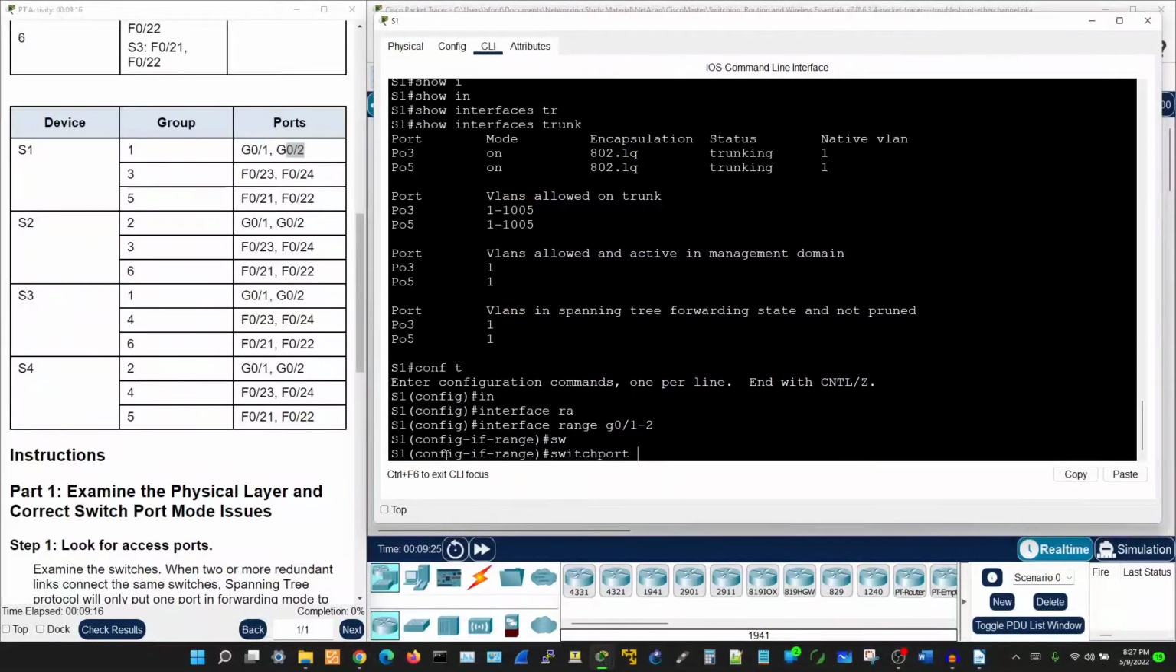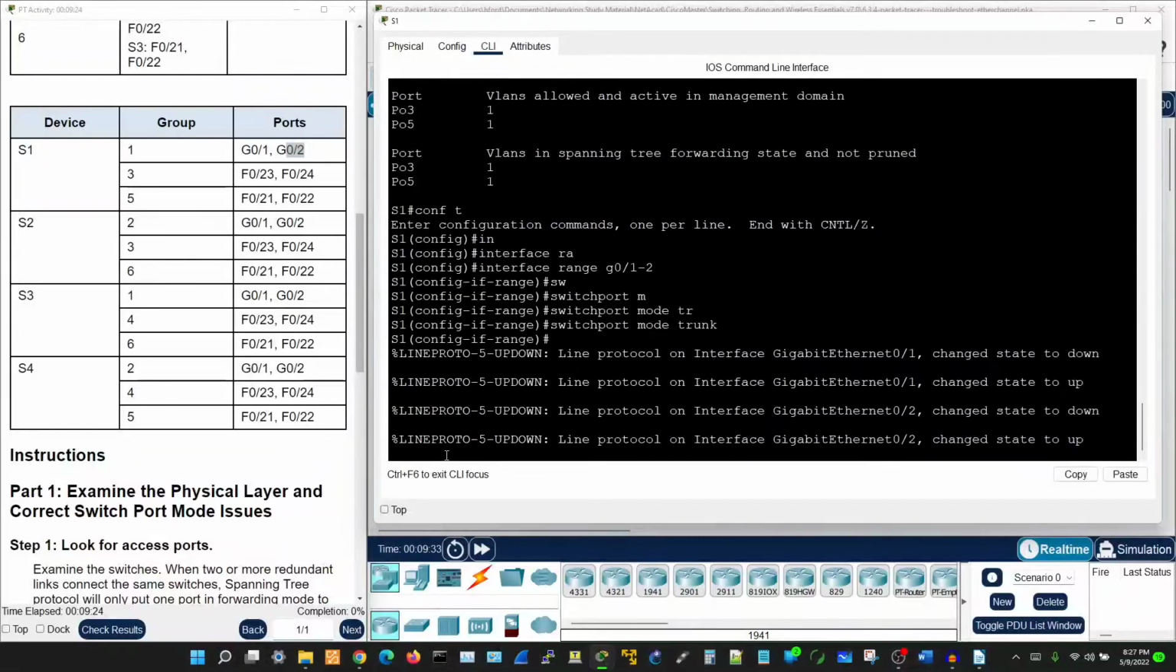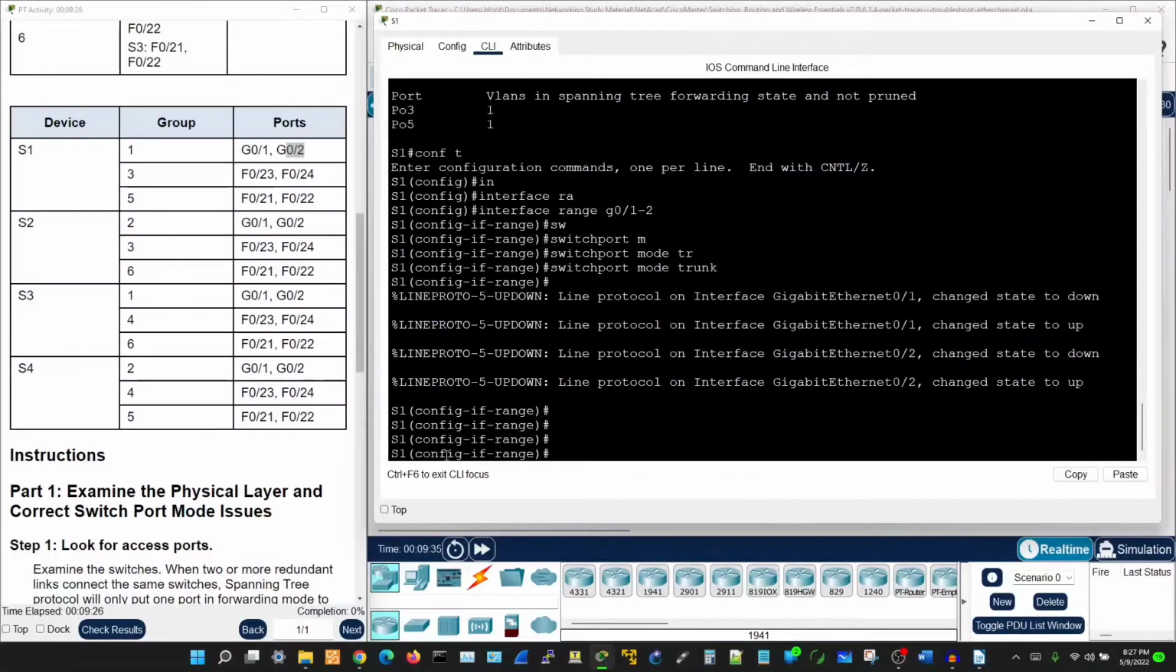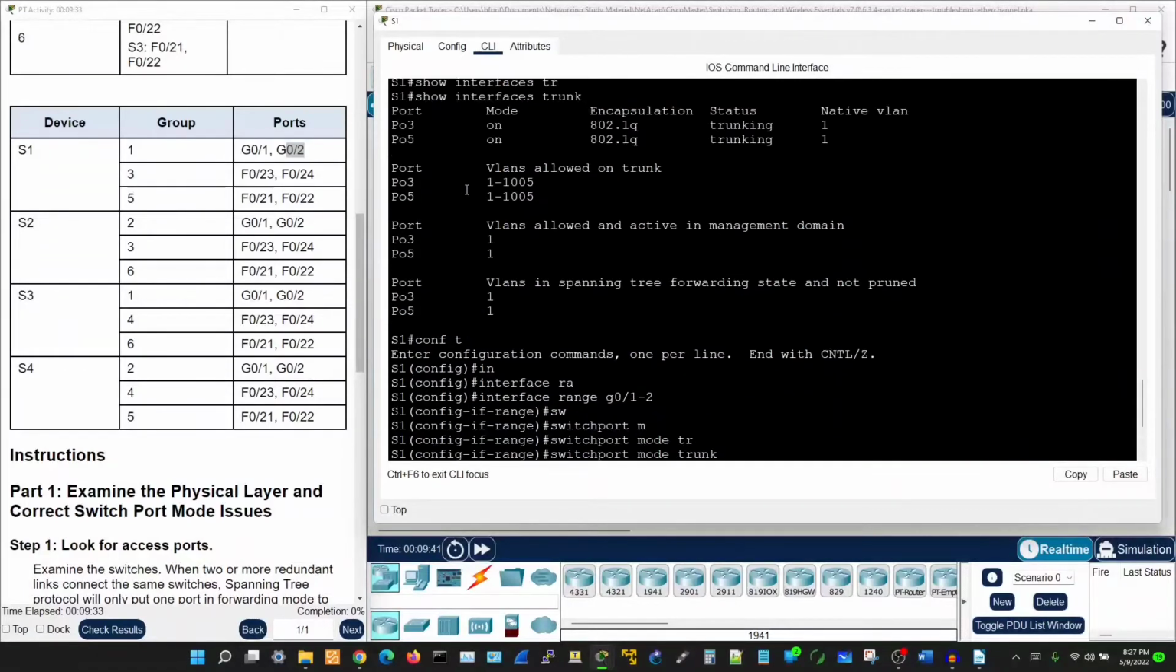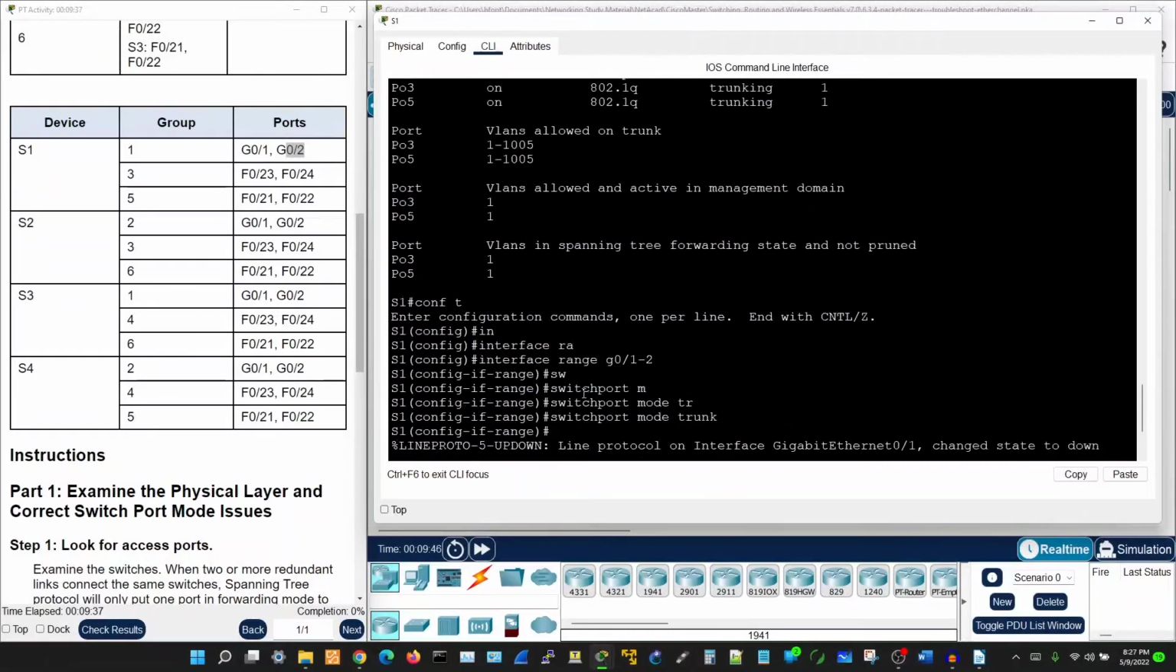So those ports will now be acting as trunk ports. Switch port mode trunk. Okay. Alright, and since we do have our group channel, I'm gonna go to that group